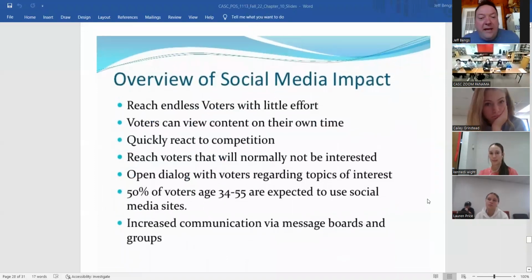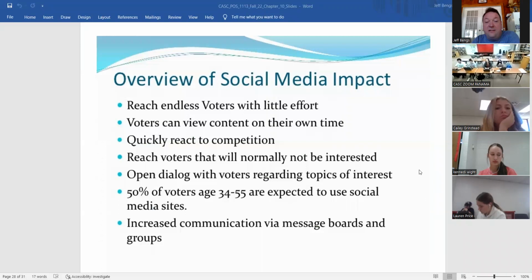Social media campaign, the social media aspect has become much more important in the last few years with the advent of the internet, and then to the cell phones and all the devices that can now be set up on social media and the World Wide Web. So this has become a very vital part of campaigning.